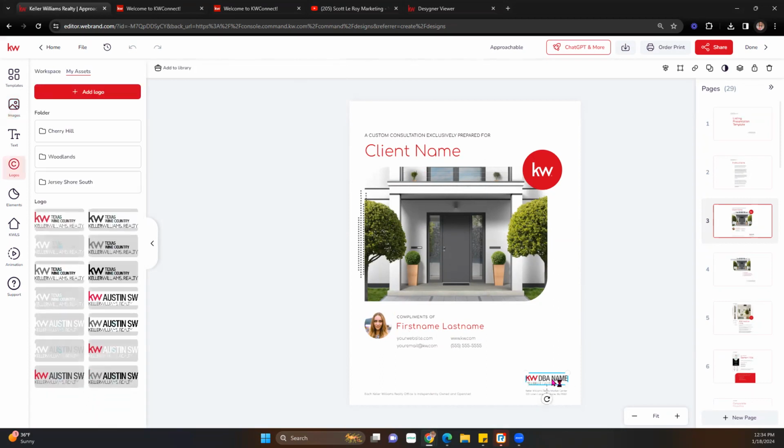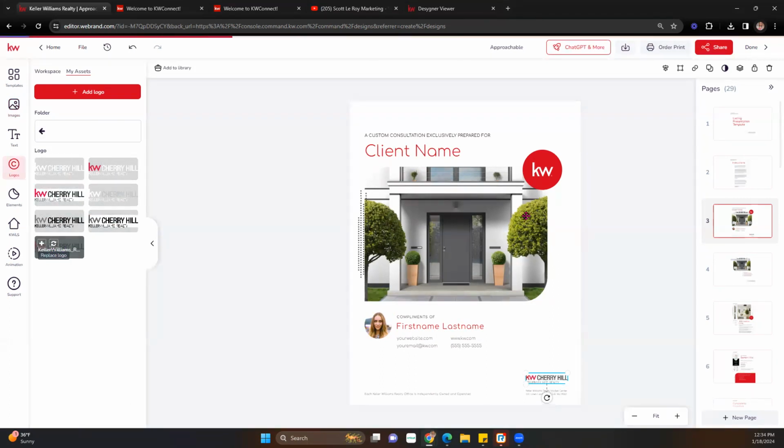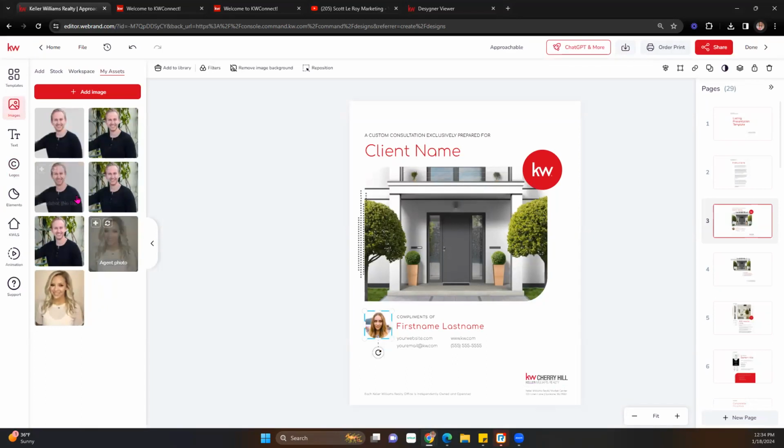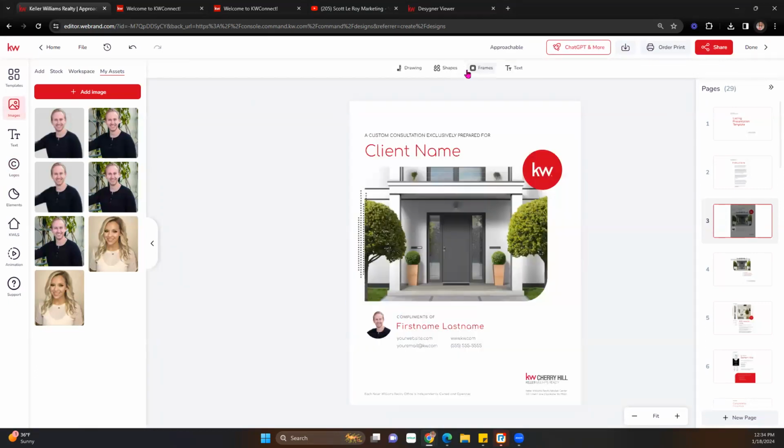This is where you'll want to be careful. You do want to make sure you replace every logo throughout. Again, we're going to pull in the Cherry Hill, and I'm going to go ahead and just replace that. Once this page is good, I've replaced everything that I would like to replace on there. I can go ahead and move to my next page. I gotta hit that done option. So next page,